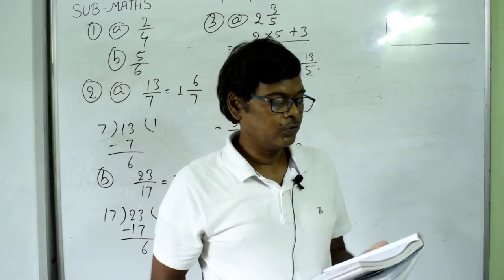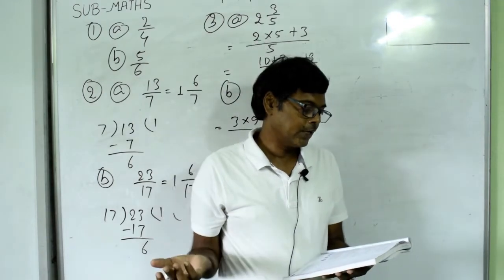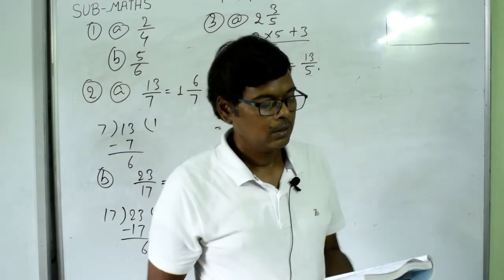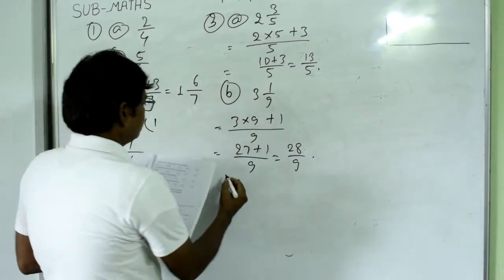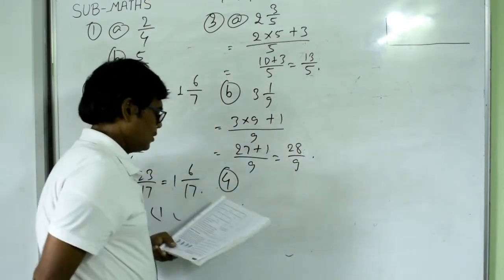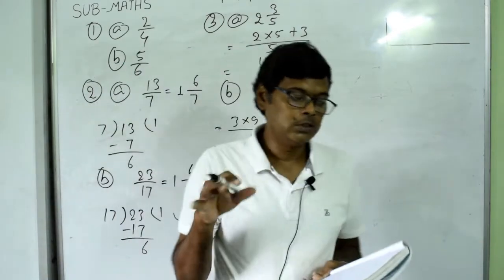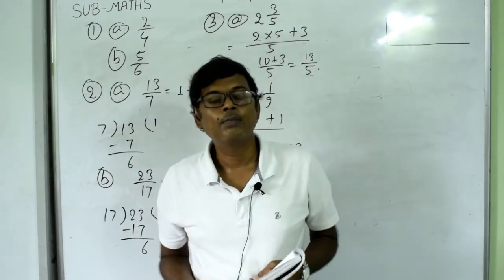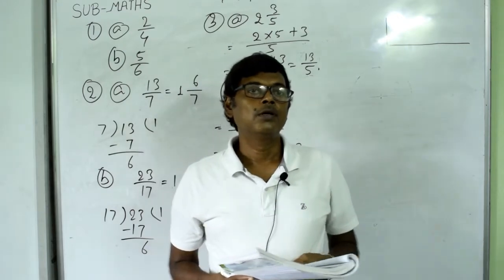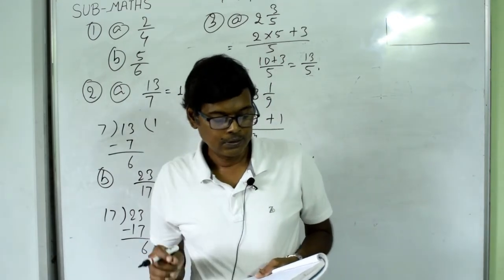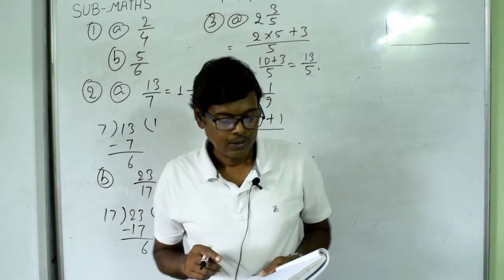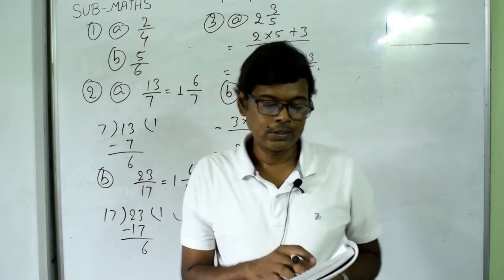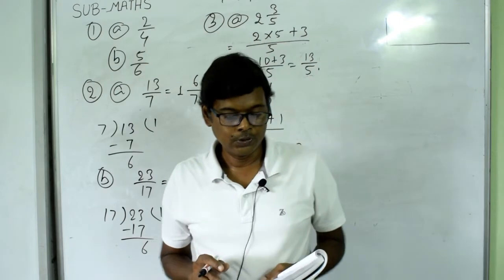Now question number 4. In this you have to circle the proper fractions from the following. Circle the proper fractions. I will just give you the answer here. See in your book: 1 by 3. 1 by 3 is a proper fraction, so circle this, number A. Then 3 by 5 is also a proper fraction, so this is also the answer. So circle question number B also.